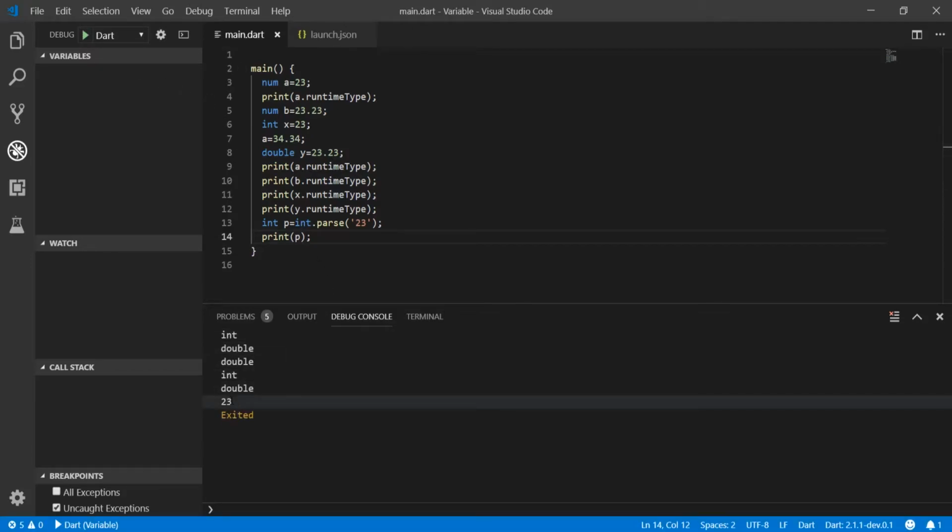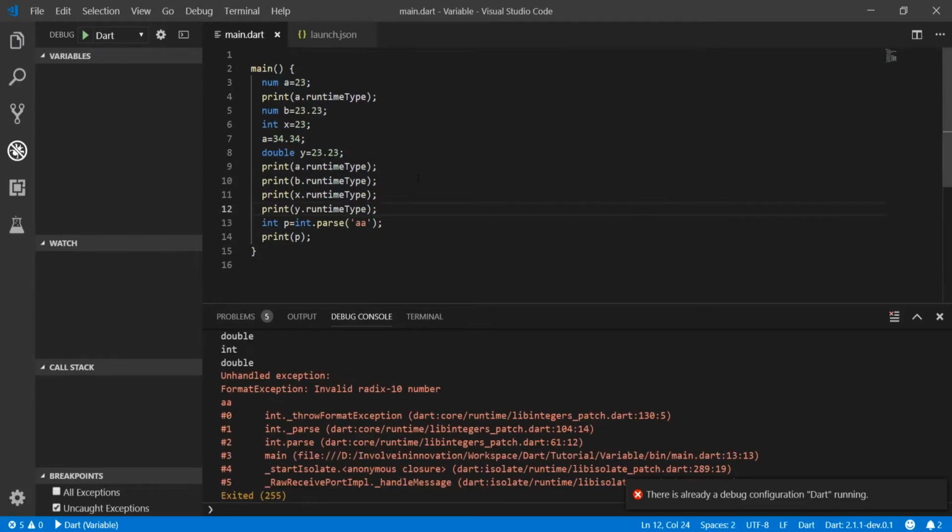Now what happens if instead of 23 it contains some alphabets? A. This is a string. I am trying to parse this into an int. We got a format exception. This is because A can't be recognized as a valid numerical value. We can handle this exception more elegantly with the use of an exception handling try-catch block, which we will be seeing